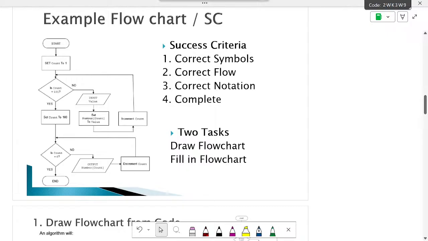I have the success criteria. This is an example of a flow chart. You have to be able to fill in a flow chart. I also give you a flow chart that we're going to be working on today. Now, how do I get the marks on the, if I ask you to do flow chart, what is the